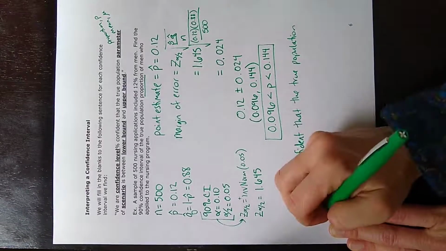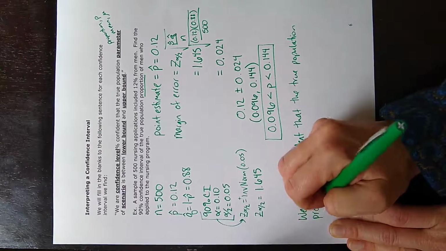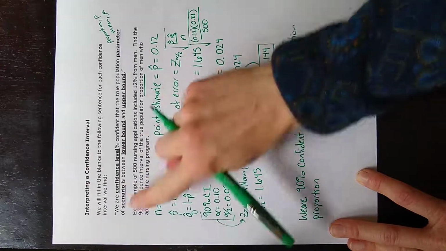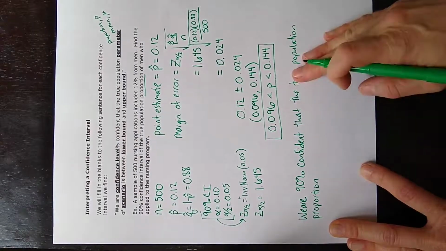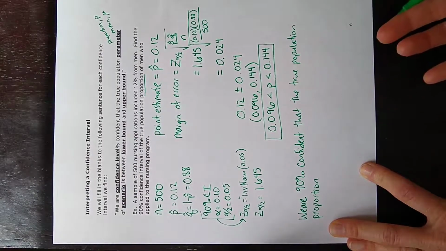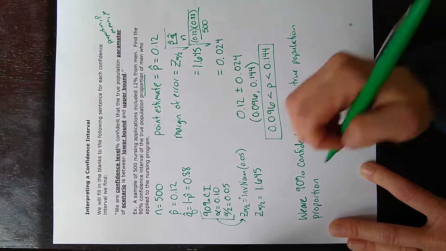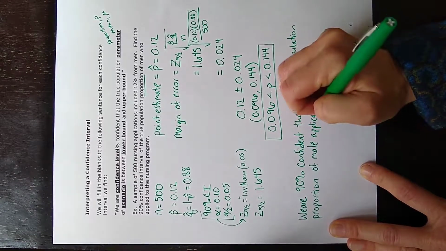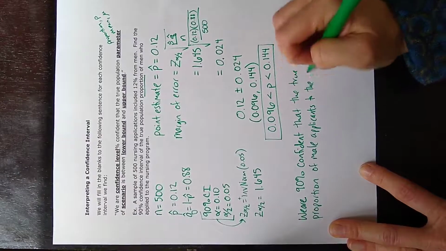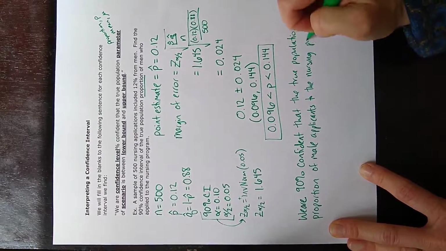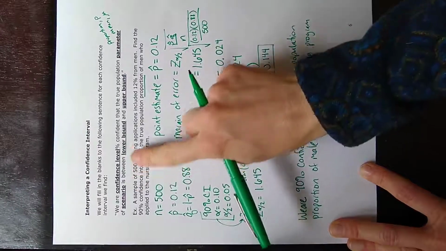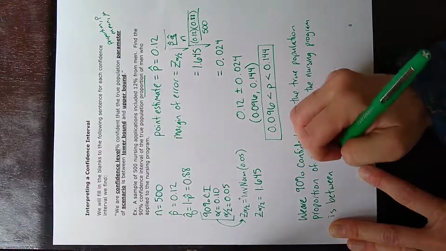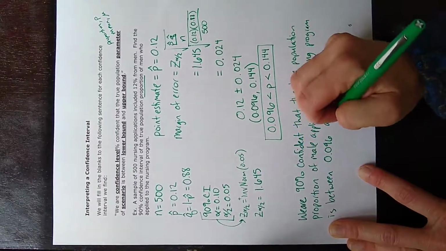I always want to confuse population and proportion. It's those long P words. We are 90% confident that the true population proportion of what? What was this proportion we were talking about? It was how many of the nursing applicants were men. So the true population proportion of male applicants to the nursing program is between what and what? Is between 0.096 and